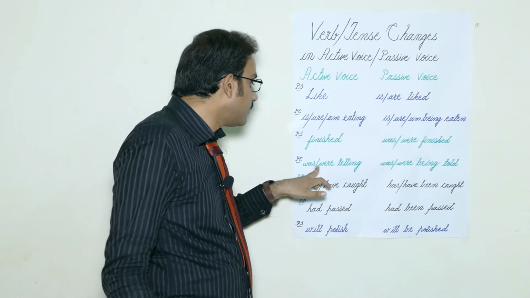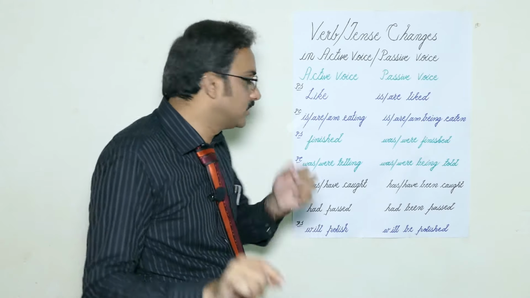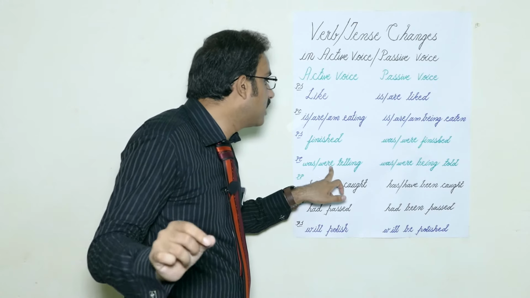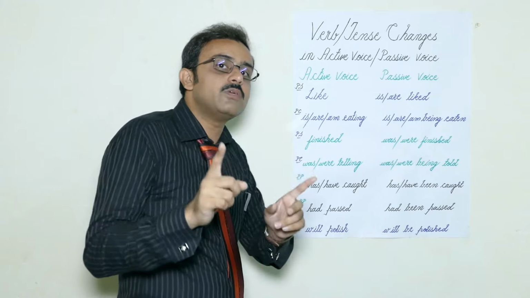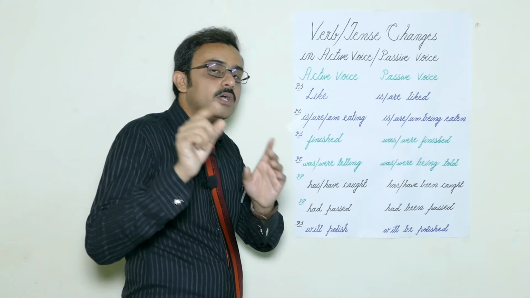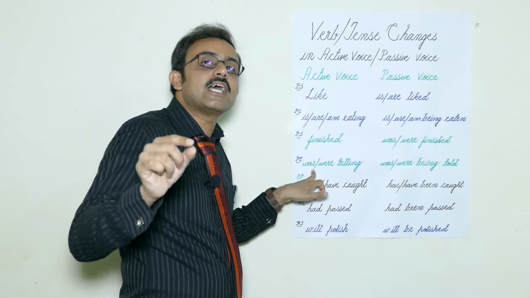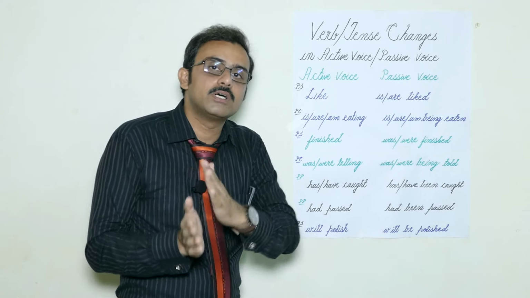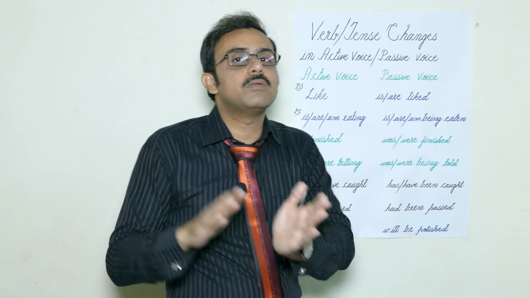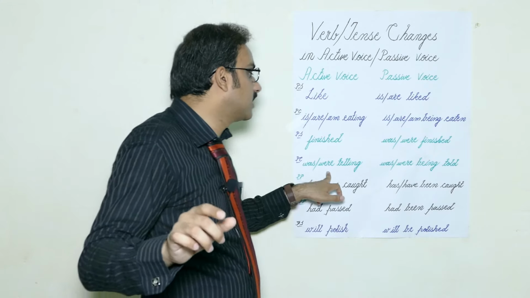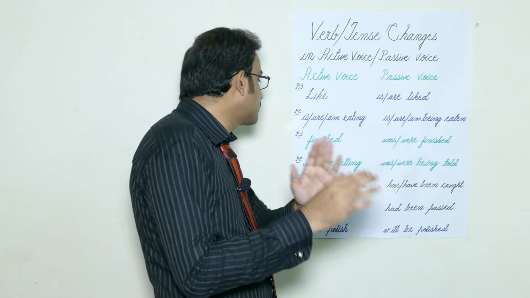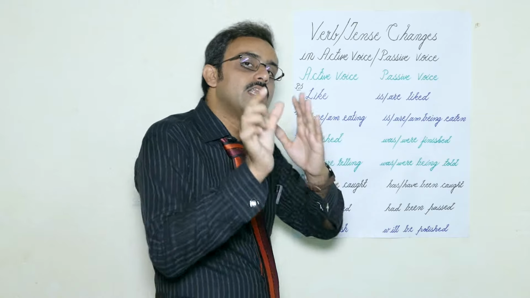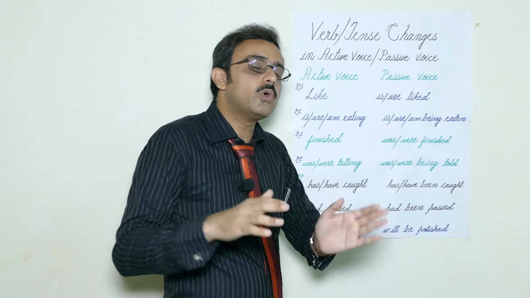The sentence is, for example, he was telling a lie. Look at the sentence. He is subject, was auxiliary, telling fourth form, present participle, means first form of verb with the addition of ing morpheme at the end. But when we change this, he was telling a lie, active sentence into passive, we do what? We use a lie was being told by him.